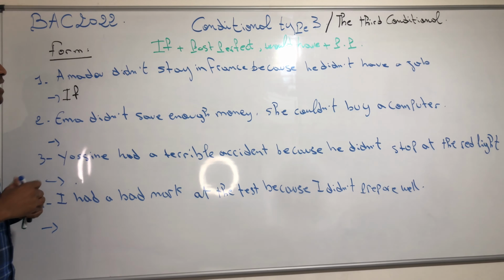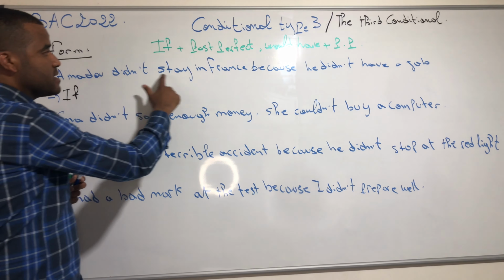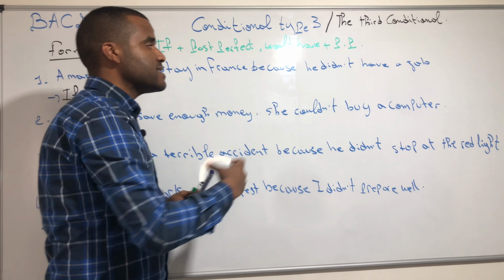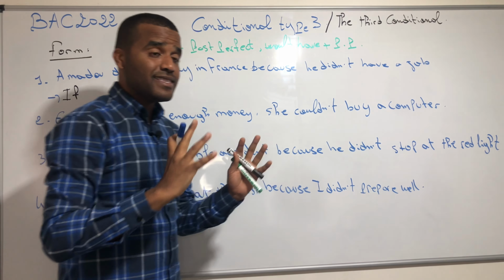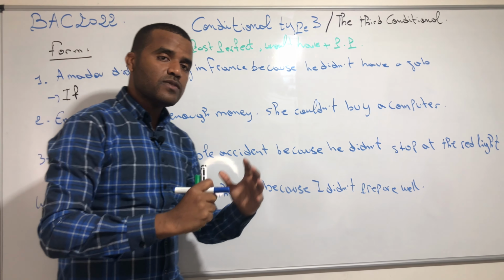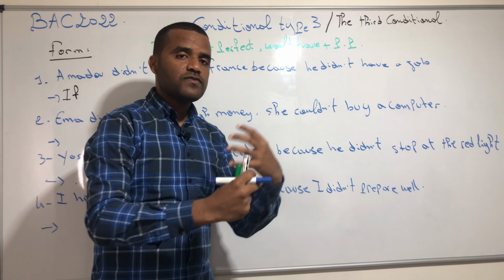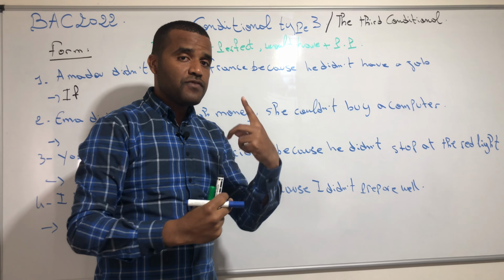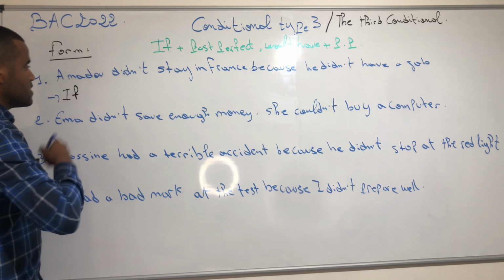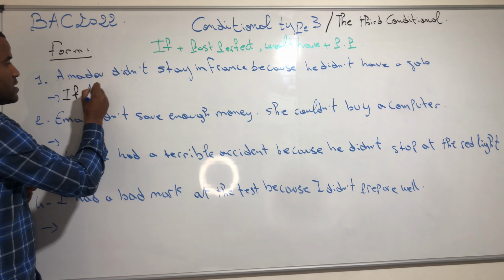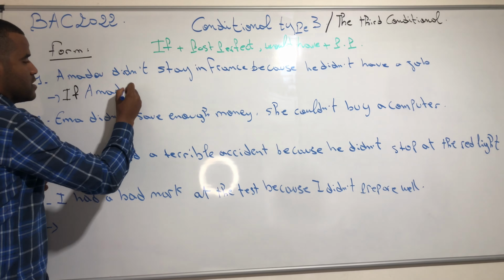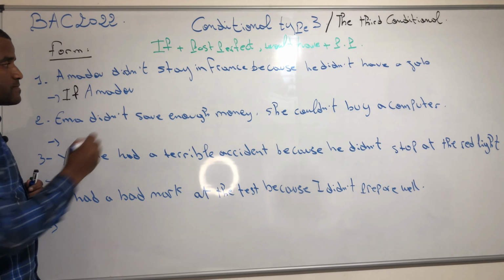The first sentence we have: Amadou didn't stay in France because he didn't have a job. So he didn't stay in France. Why? Because he didn't have a job. So right now we imagine the result of that situation. Okay, if Amadou, what are we going to say? So we're going to say, if Amadou had,